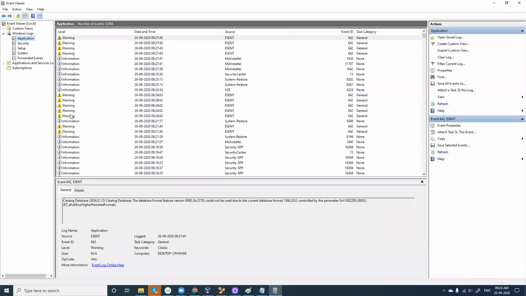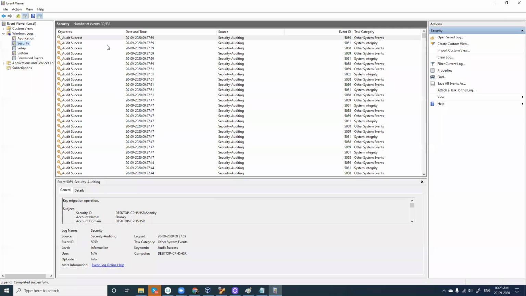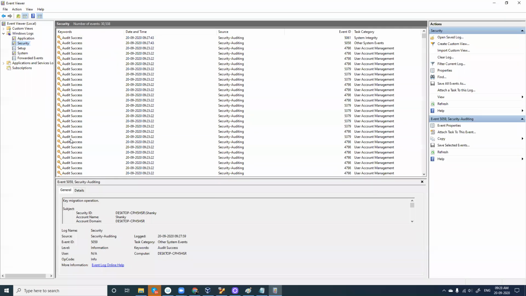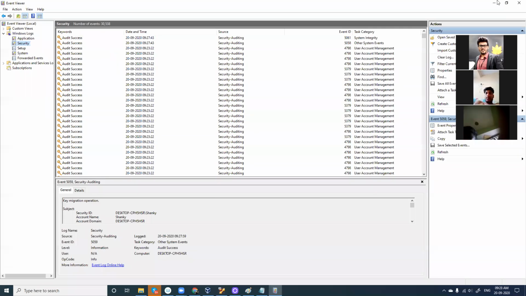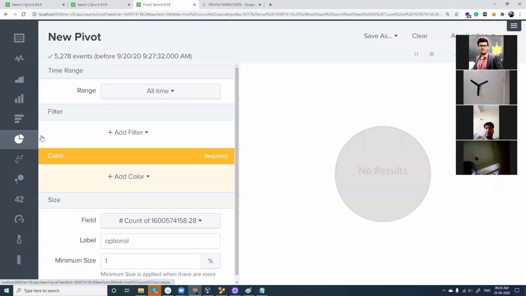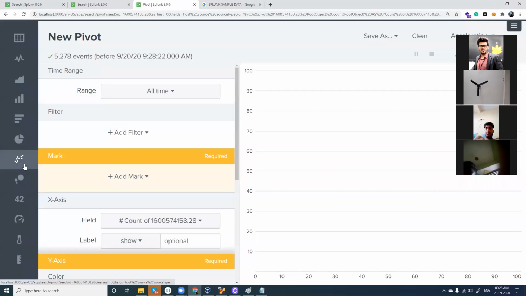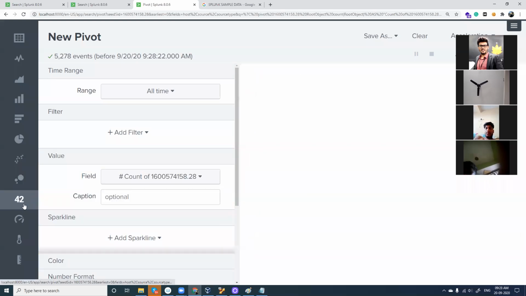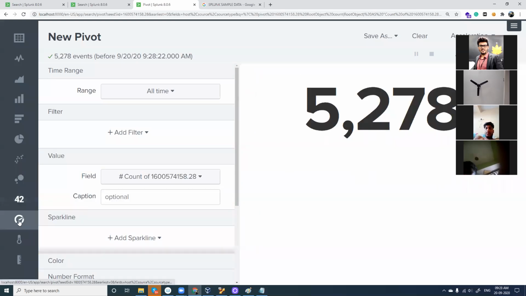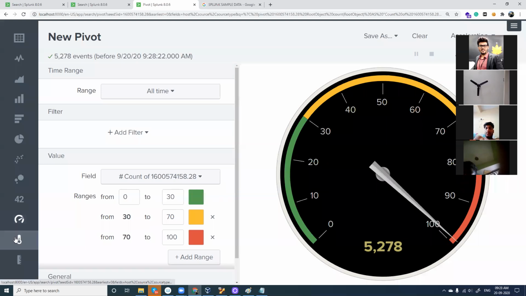Rather than this, when you have Splunk, it can give you a better idea of how to analyze the data, how to interpret the data, and how to produce it in a proper report format.